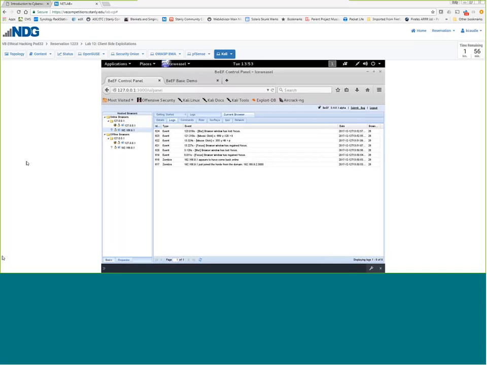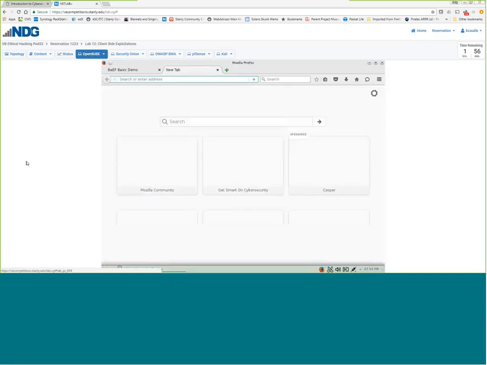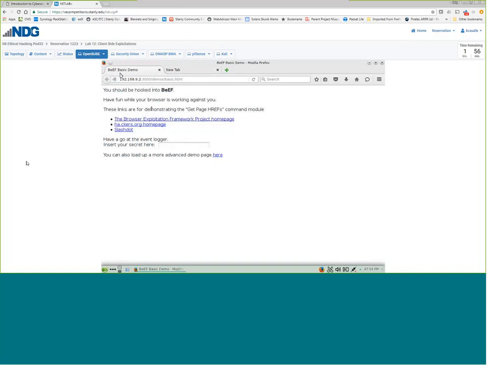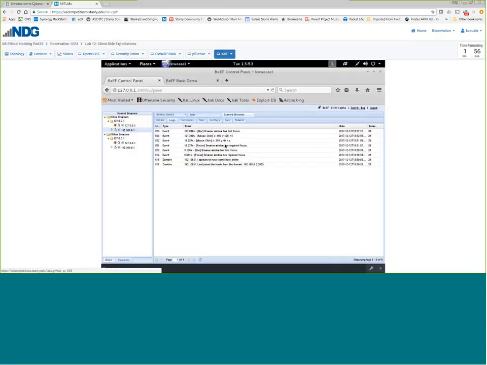Go back to the OpenSUSE box, and you see on the BeEF basic demo there's a place you can put in your secret. Just put in your first name here. They tell you to put in secret, but just put in your first name and hit enter. It then has you go back to the Kali box, hit F5,